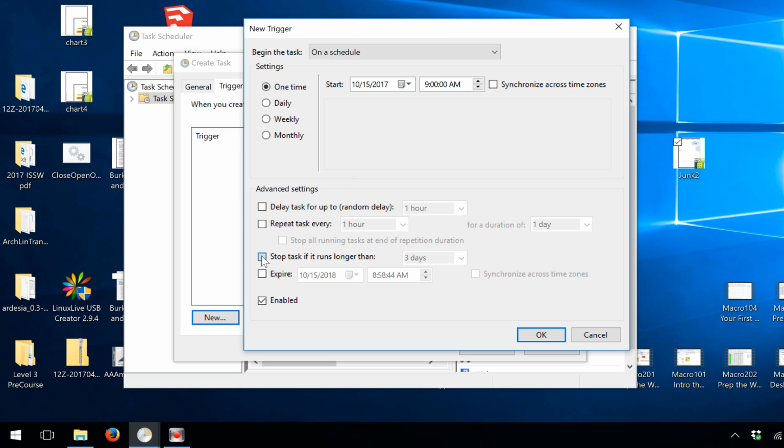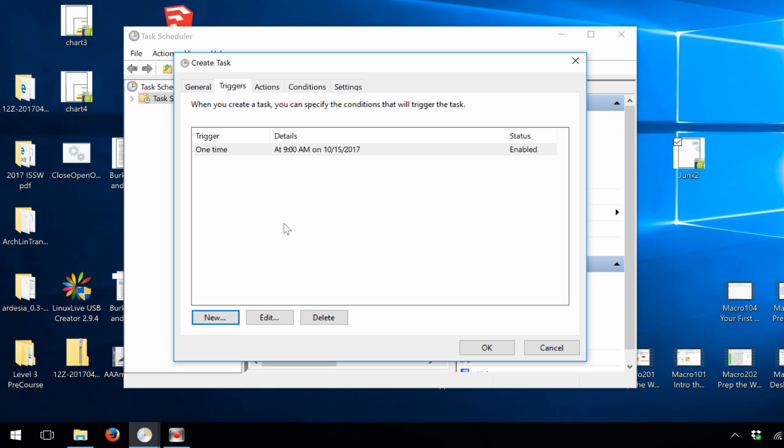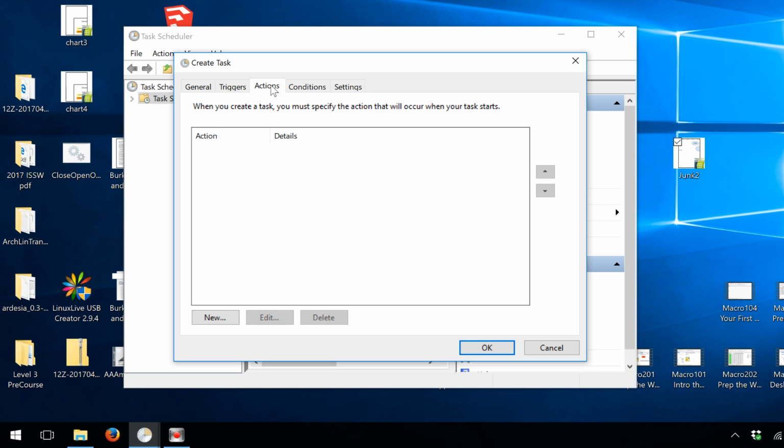I'm going to tell it to stop the task if it runs longer than 30 minutes, because this task should take no time at all. Okay. Then we're going to bump over to actions. And the new action is